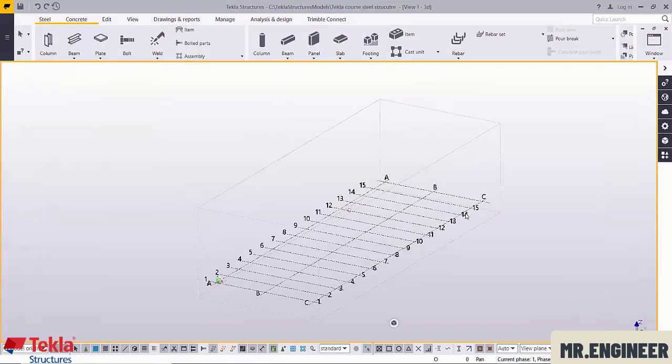Return to our software, Tekla Structures. These are the grids that we defined in the last lecture. Now, before we begin to draw the foundations, we want to define the views that we want to use